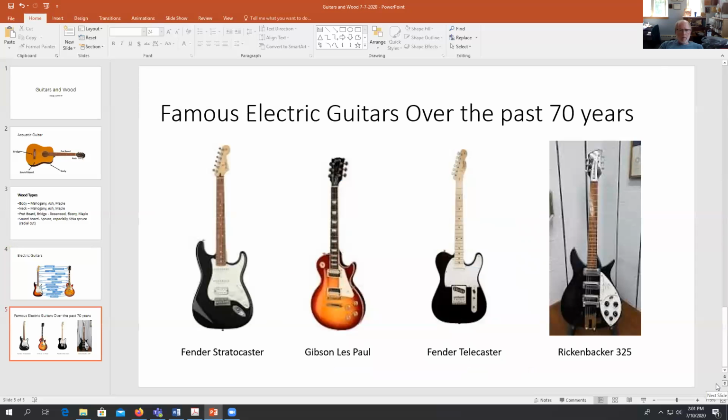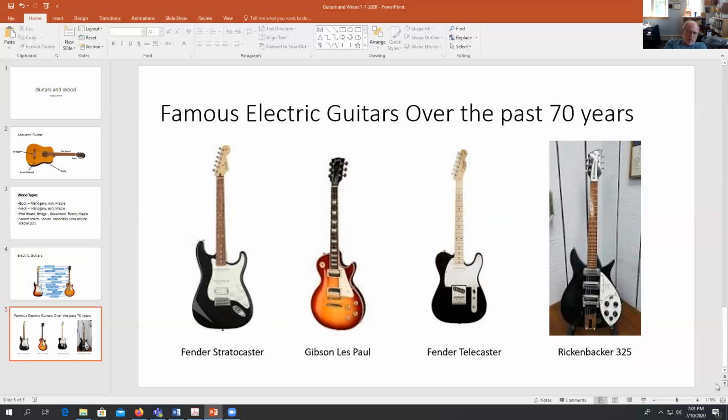Lastly, I'd like to talk about a few famous electric guitars over the past 70 years, including the Fender Stratocaster, which was developed by Leo Fender back in the 1950s. That's probably one of the more popular guitars of all time. Jimi Hendrix, Eric Clapton. Then you have the Gibson Les Paul, which was also developed in the 50s by the